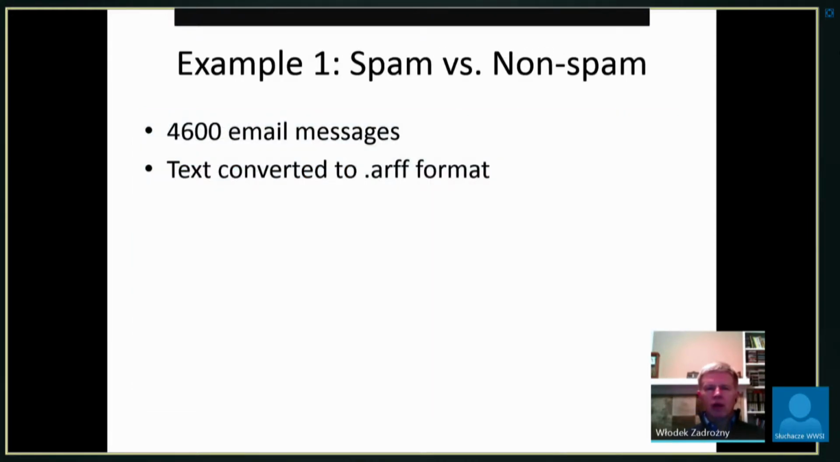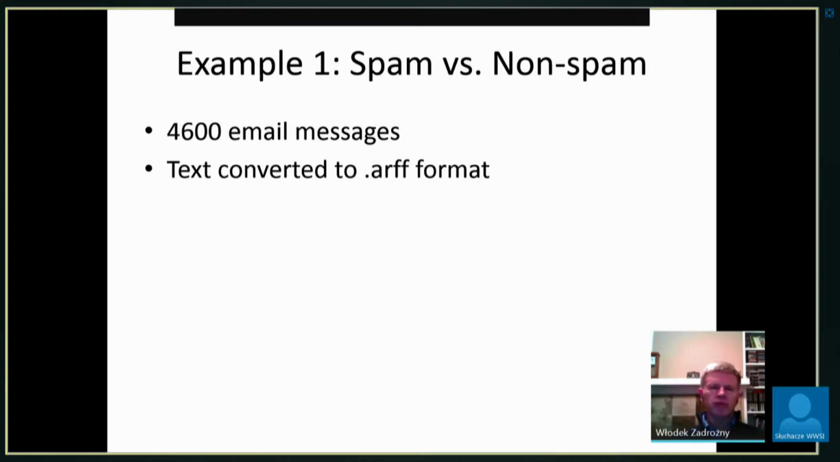So we're going to look at one example of classification. We mentioned before that text classifier can be used to classify email spam versus non-spam. And in this example, we have 4,600 email messages. The text has been converted to the ARFF format, which is a form of a file which is used by the WEKA tool for machine learning. And we're going to run a couple of classifiers on this particular set of messages. So we're going to see what works, what doesn't work, and in the process, we're going to learn how this